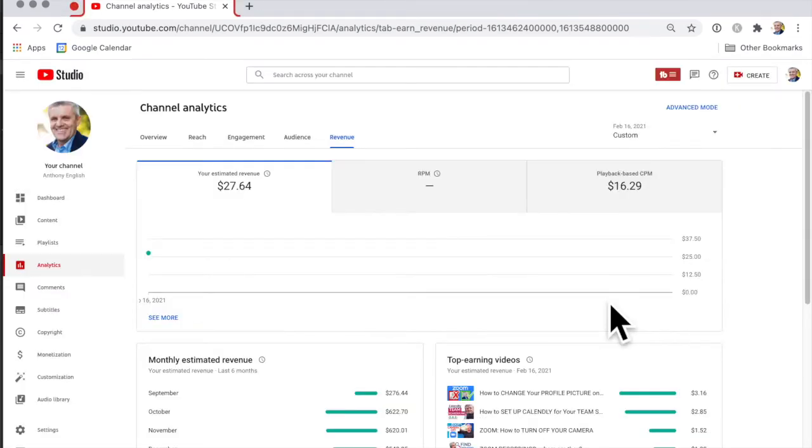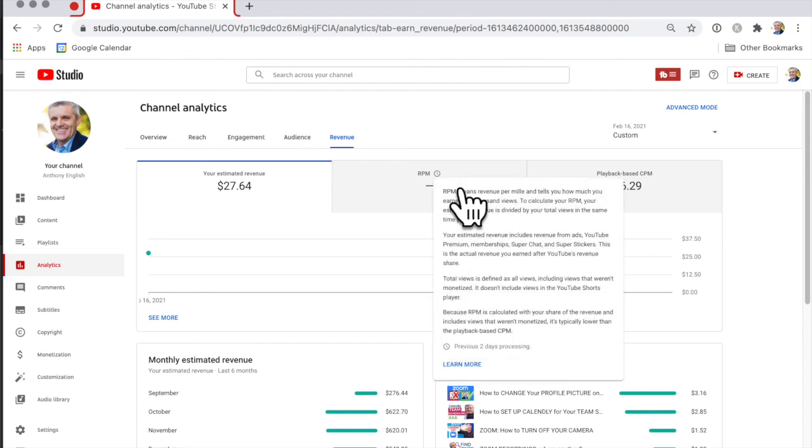Check a little while later. This one was maybe within another 20 minutes or so. I get to see that the estimated revenue is available, and it's actually really close to the number that I came up with. Okay, so that's where you see it. Now the RPM, we've still got to wait for that to come in. Even though the RPM, which is revenue per mille, how much you're actually earning per 1,000 views, hasn't come in.